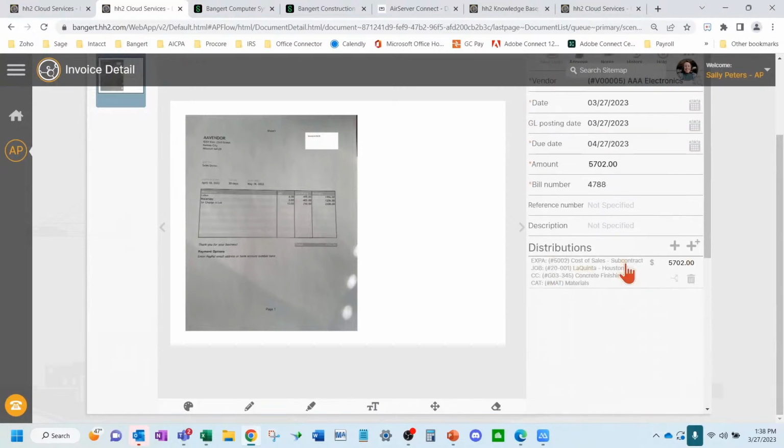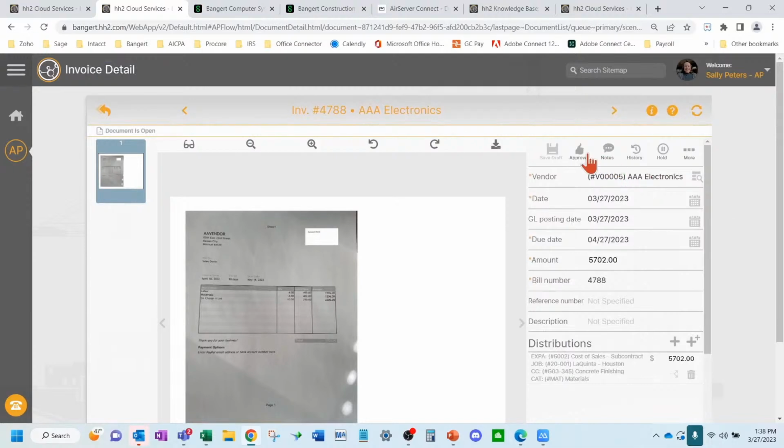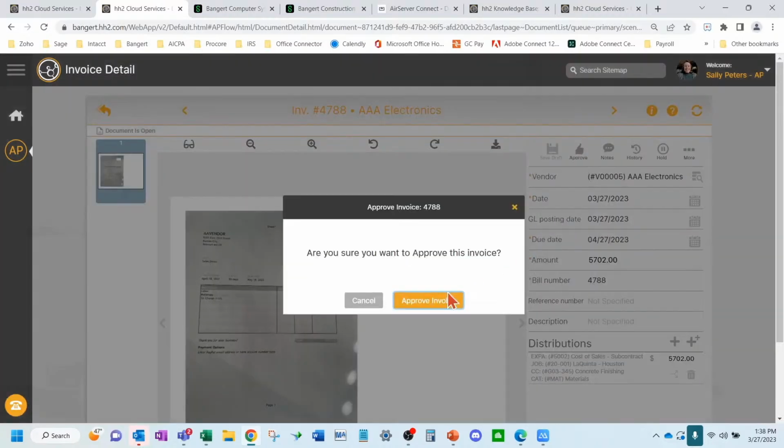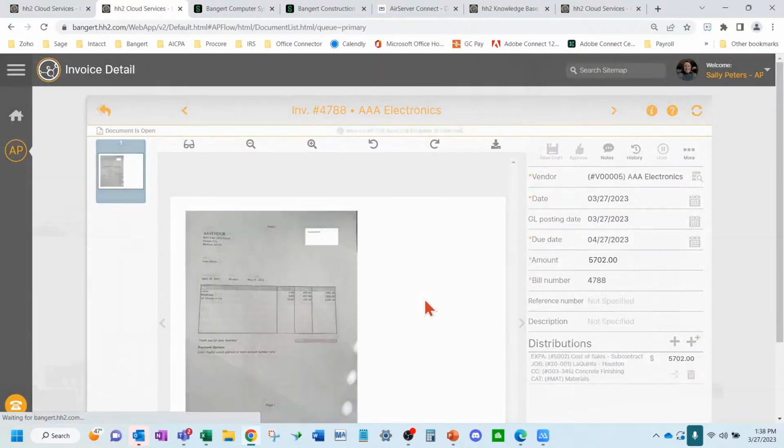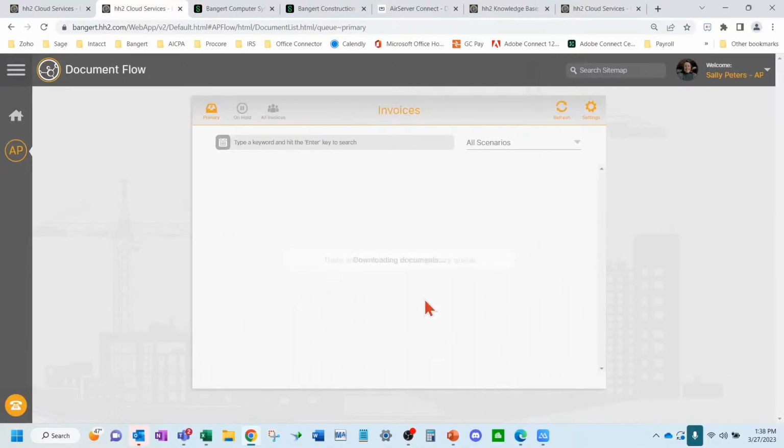So now let's say I like that and I feel like he's got everything on there that's required. I'm going to approve it. And now that is ready to be exported to Intacct.